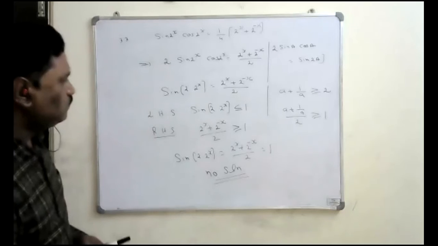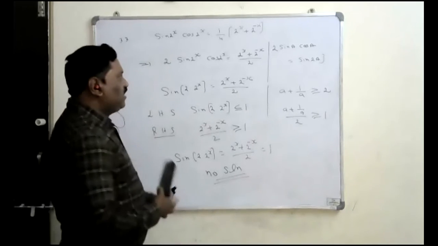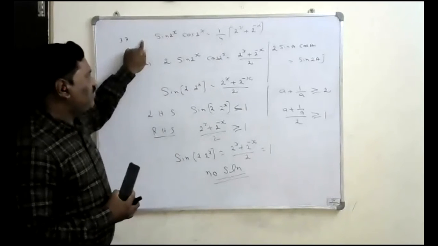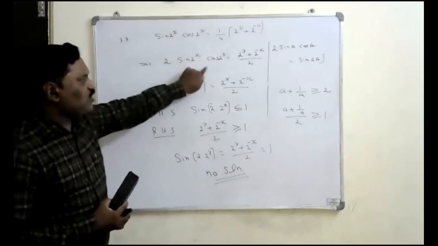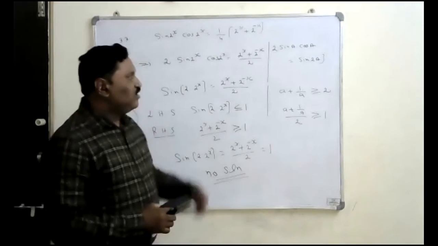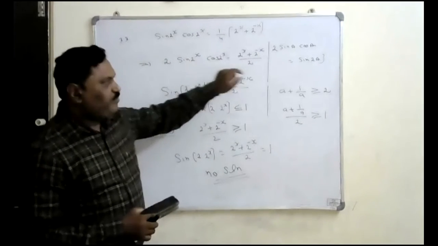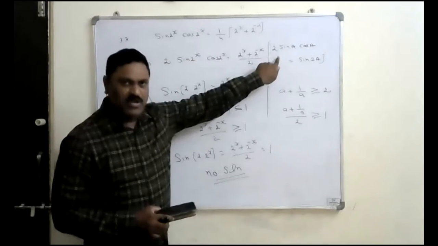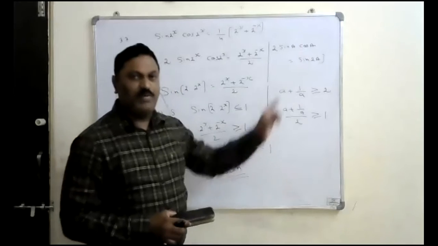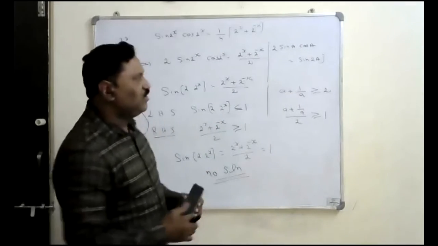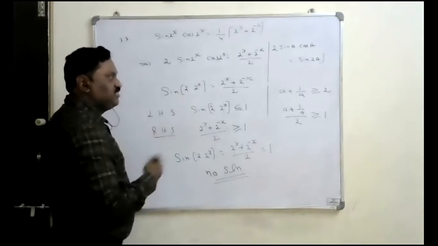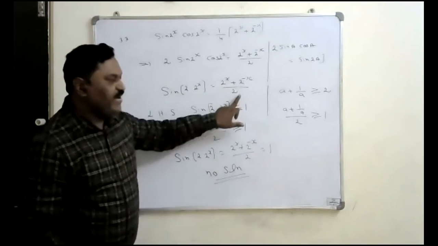Take that. Sir, repeat the last step. Okay. If you observe this LHS side, first I have multiplied by 2. This is 2 times sine 2 power x into cos 2 power x equal to 1 by 2 times, we are getting this. Why I have multiplied by 2? From trigonometry we have this formula: 2 times sine a into cos a is sine 2a. That formula we know. To apply that formula, I have multiplied by 2. So if I apply that formula, that is sine 2 into 2 power x here, is equal to 2 power x plus 2 power minus x by 2.